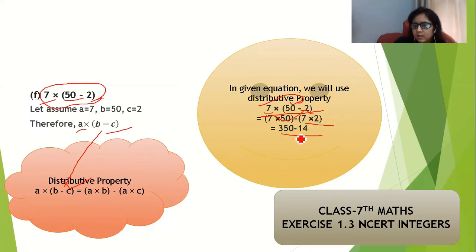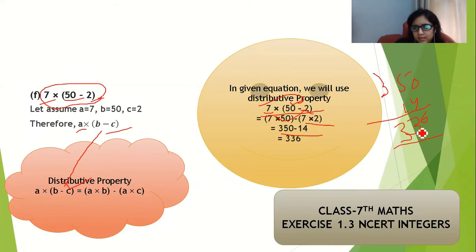And in the next step it is very easy, we have to just subtract these numbers. So if we subtract 350 and 14, what number will we get? 10 minus 4, that is 6, and here it will become 4 minus 1, 3, and this 3 is as it is. So our answer will be 336.